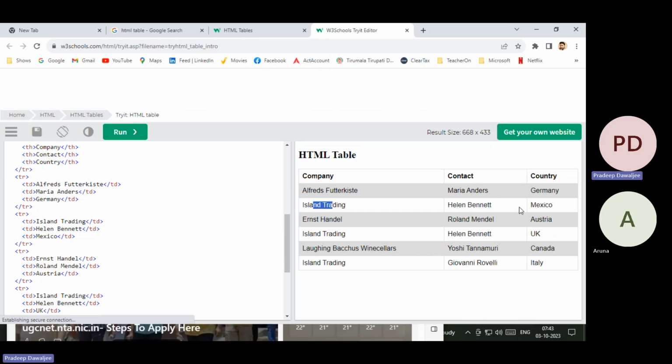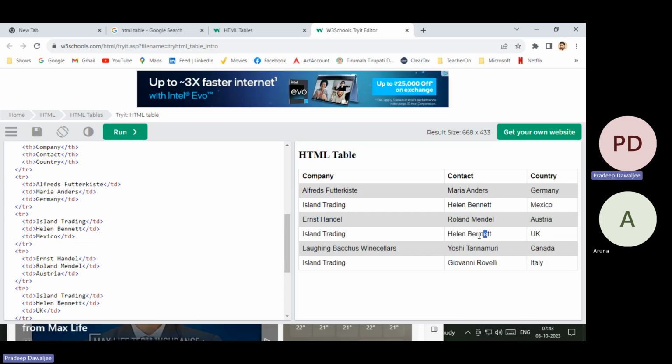So you see this one is Helen Bennett and even this one is Helen Bennett. Now you are saying company with contact, I want country. But when you see, there are two. So do you want the first country or do you want the second country? So that would be your question, right? Either you want first or you want second. Yes. So if there are any other columns, and if those columns are unique, then take that as a constraint